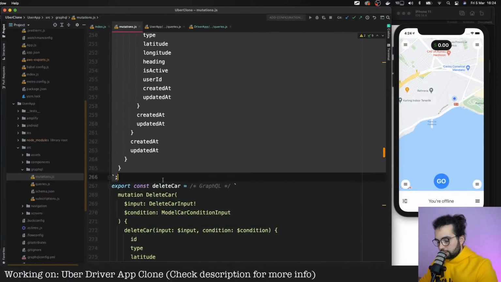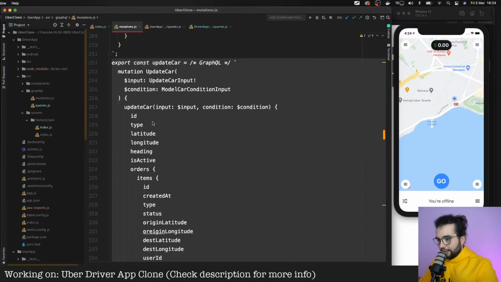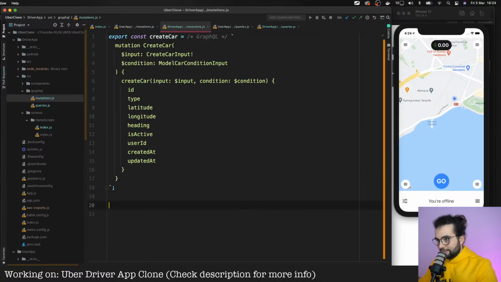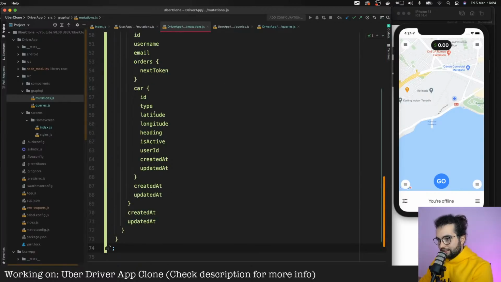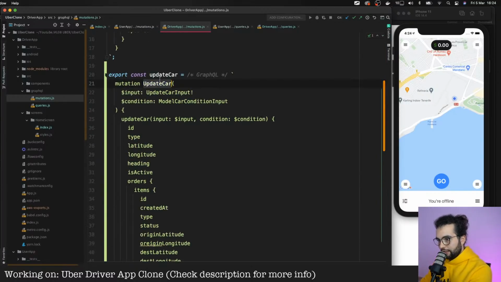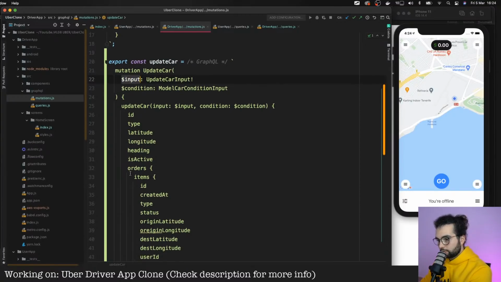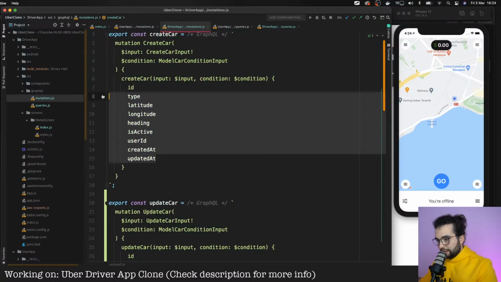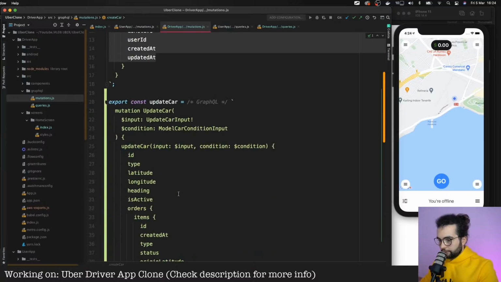Oh my god, when I see these long queries. Okay, we have a mutation updateCar. It will receive an input, and back we want only this information. We don't want more.